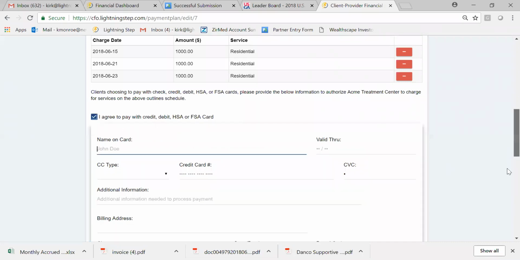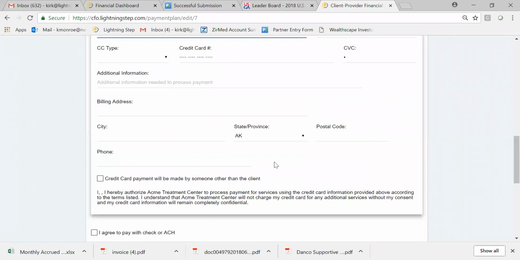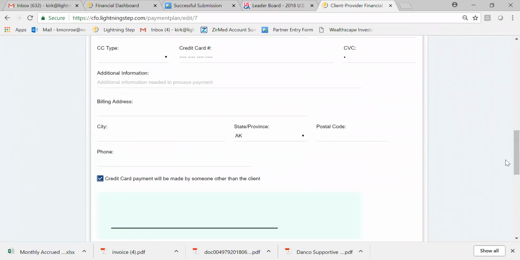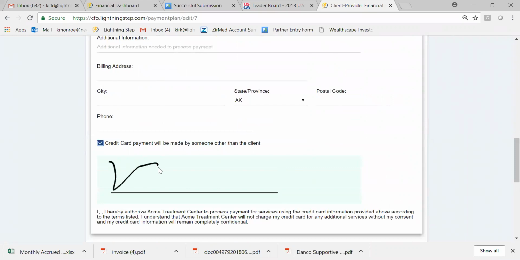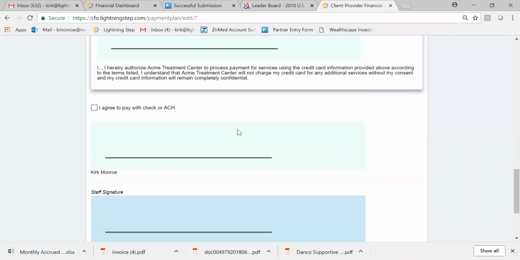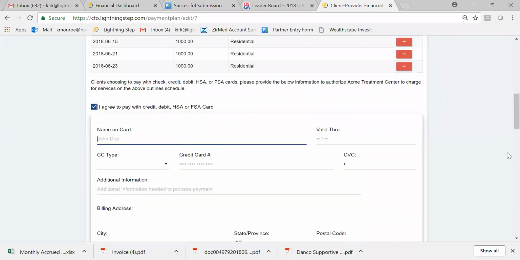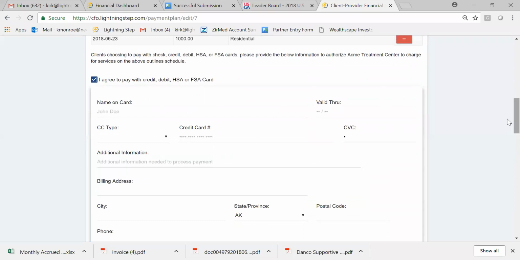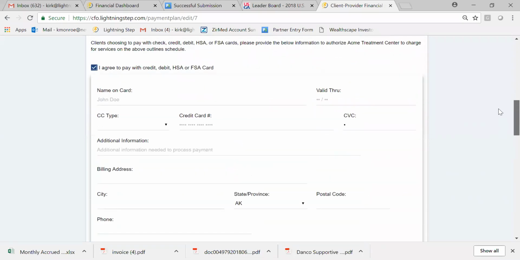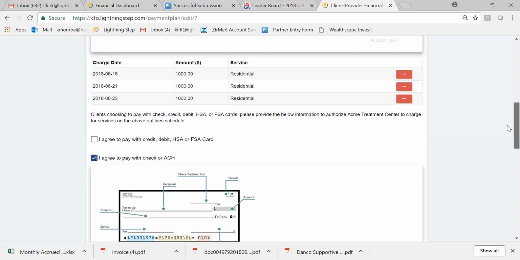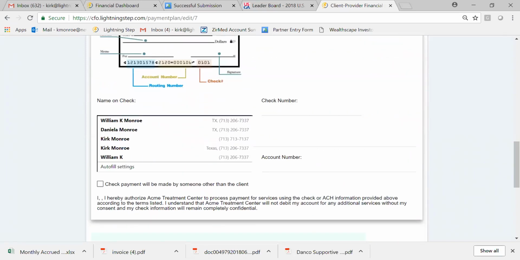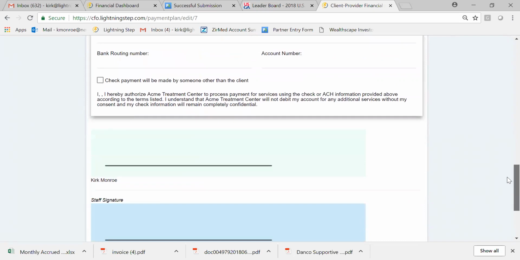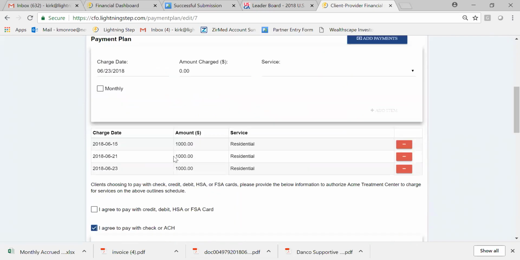So here's where you enter in their credit card information. If it's somebody else that's paying for the treatment, this would be here, and that person that's paying for it would sign right there. And same thing with right here. So for a credit card, for a check, if it is a check, you would enter it right here, and it'll pull the money out of their checking account upon the specified dates